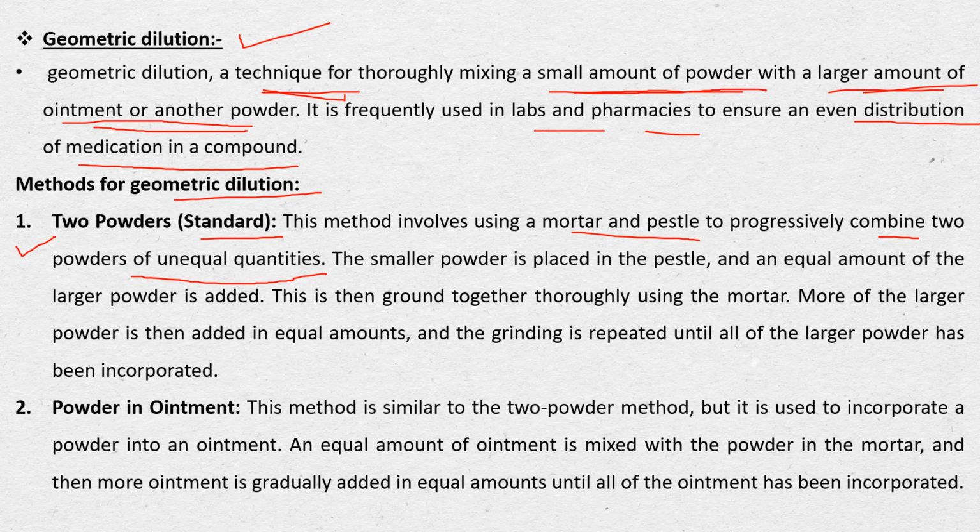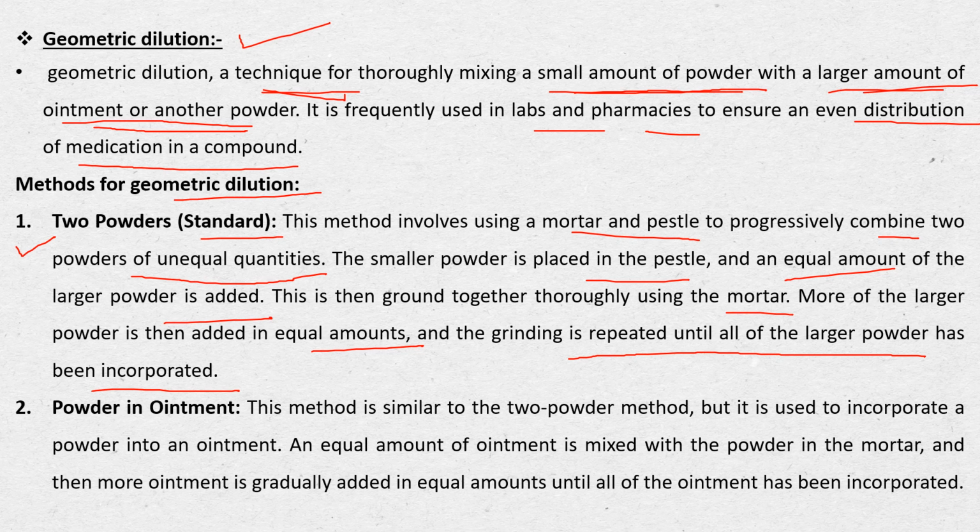The smaller powder is placed in the mortar and an equal amount of the larger powder is added. Okay, this is then ground together thoroughly using the pestle. Okay, more of the larger powder is then added in equal amount and the grinding is repeated until all the larger powder has been incorporated. Okay,